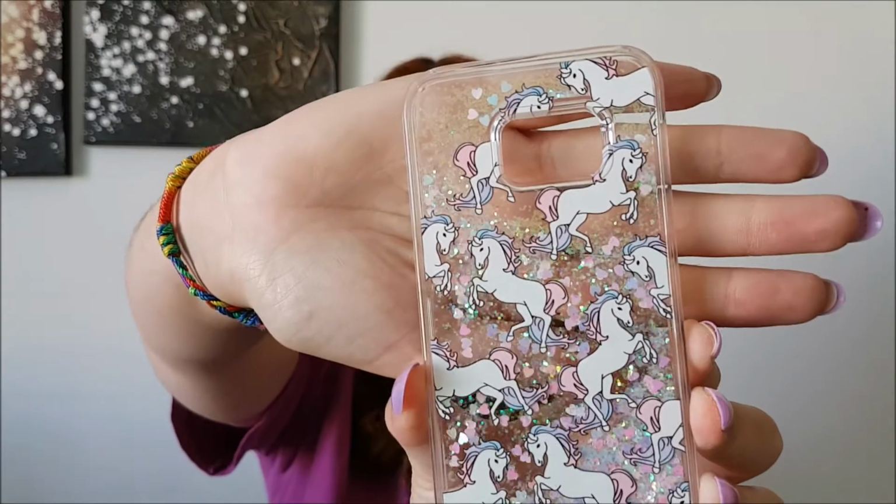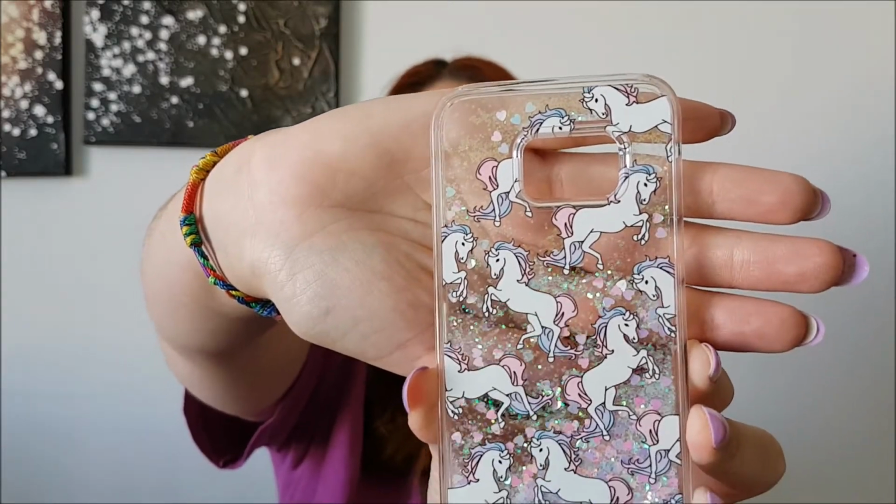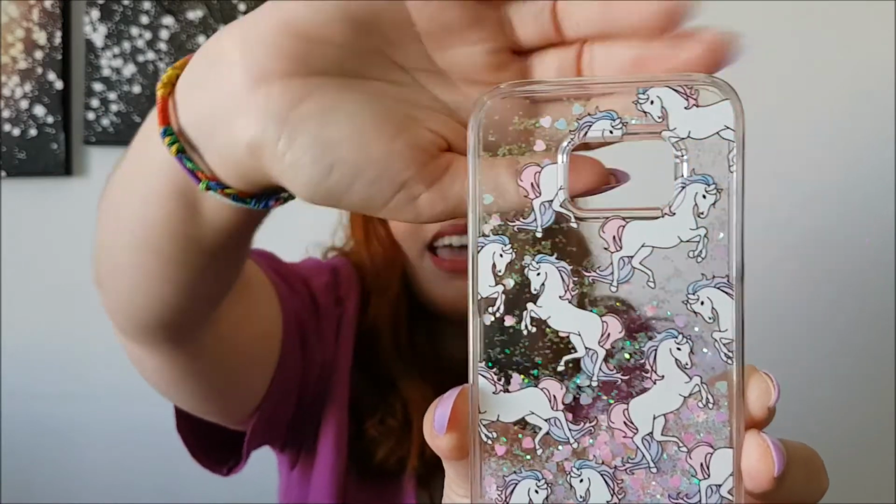Okay, the next one will probably cause a few of you to roll your eyes, but I don't care because I love it. As you might know, I might have mentioned it a few times, I love everything to do with unicorns. I think they are adorable, and yeah, Scotland knows what I'm talking about. And this case, prepare to roll your eyes back to 30 years ago. This case is one of those hard cases, again, filled with liquid. It's got unicorns on the front and lovely holographic cutout hearts and glitter pieces, and this is by far my